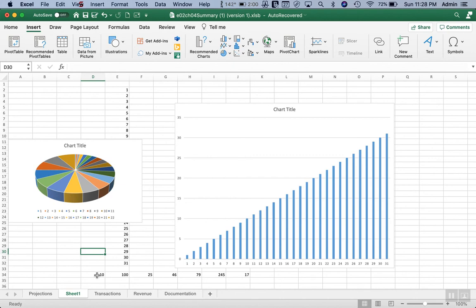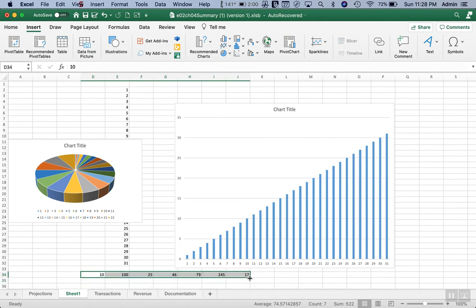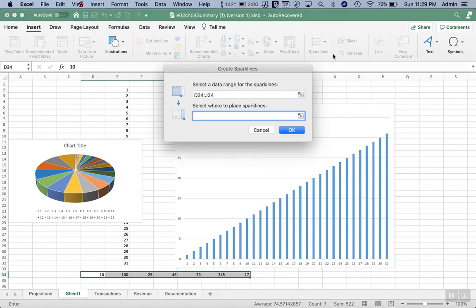All right, but traditionally, I think spark lines work well on rows of data because you can represent it either at the beginning or the end of the row. The way you do it is you select a set of data, go to the spark lines, and you can do a line or a column, and then we can pick where we want to put it. If I put it right here,